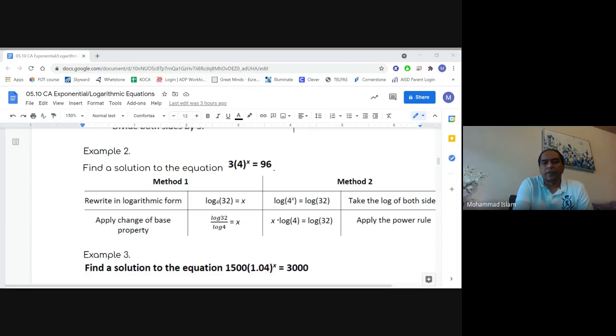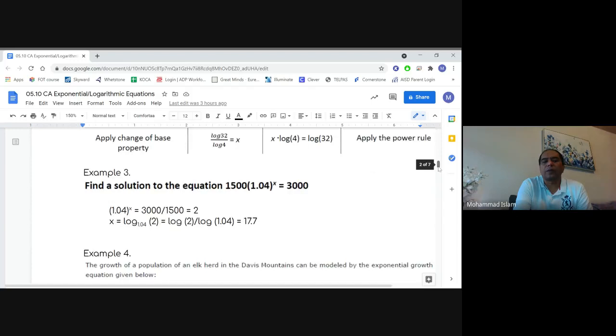Okay, I guess I can move on to the next problem now. So let's look at the next problem. It says find a solution to the equation 1500 times 1.04 to the power x is equal to 3000. Okay, so now